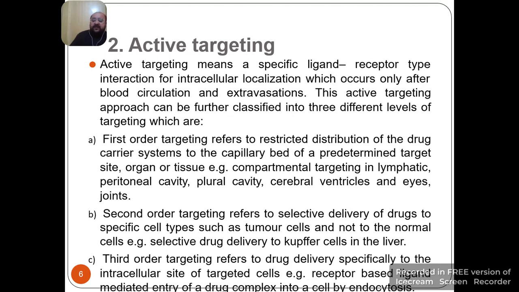First order targeting refers to the restricted distribution of the drug carrier system to the capillary bed of the predetermined target site, for example, an organ or tissue. For example, the